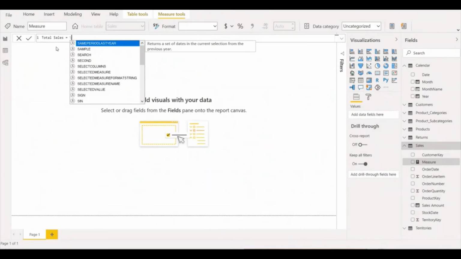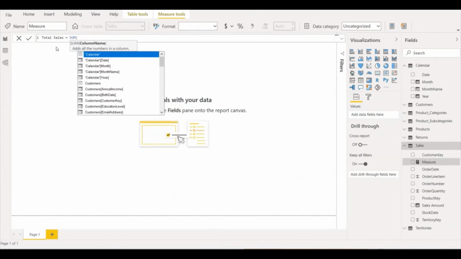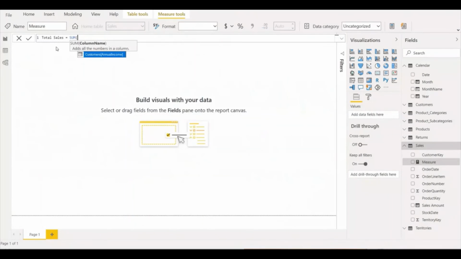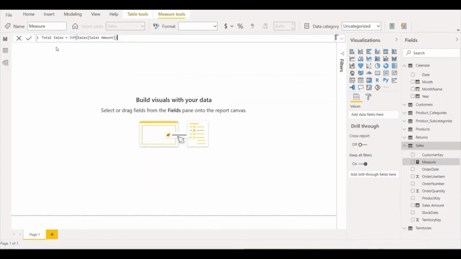Use SUM, and then the column on which you want to calculate the total, let's say sales amount. You see all the sales fields are shown over here. In Excel we used to give the whole range, but here we simply reference the column. That's it, and you have your sales amount ready.